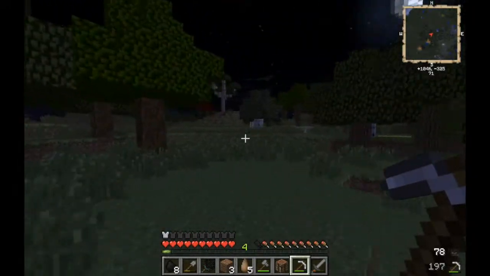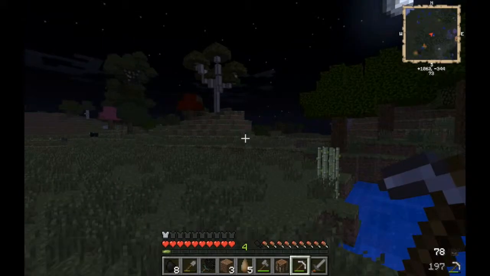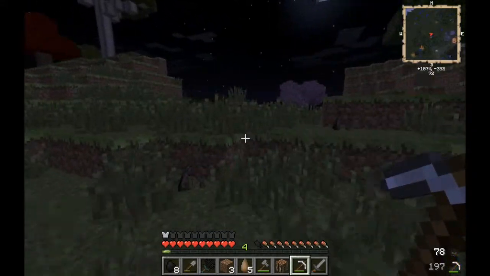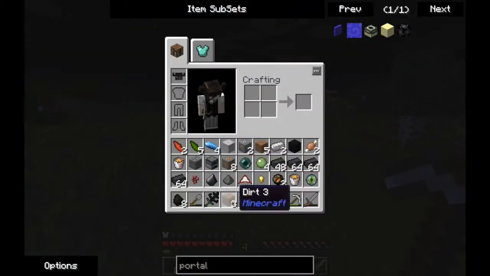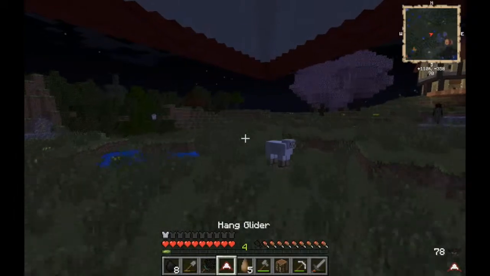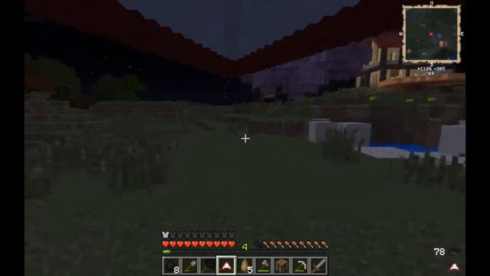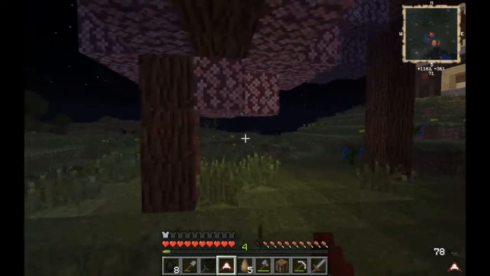Especially, now you might notice that this world is kind of plain. It doesn't look very Biomes O' Plenty-ish. And you would be right, it actually is the default terrain generation. But I like the overworld to be default because Mistcraft always generates from Biomes O' Plenty. Well, not always, but most of the time it generates from Biomes O' Plenty and uses it...